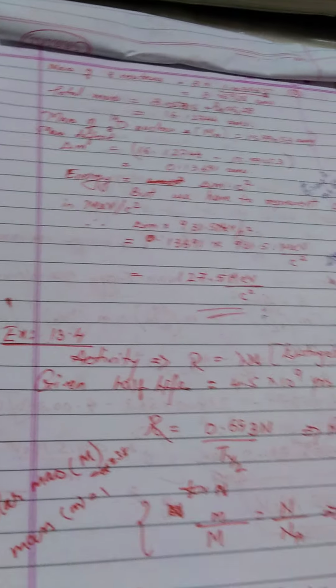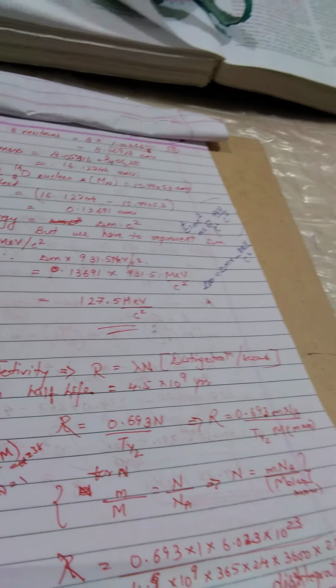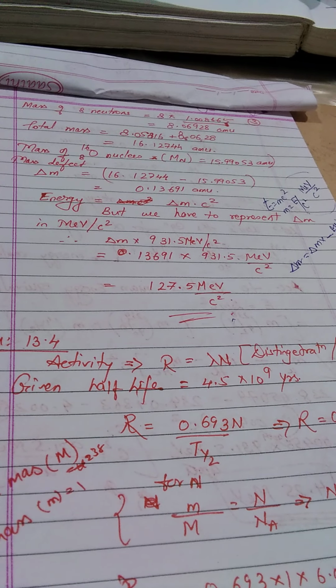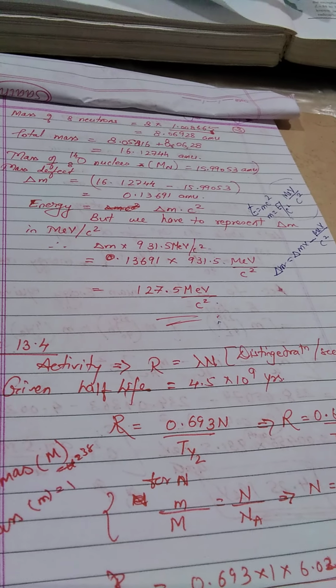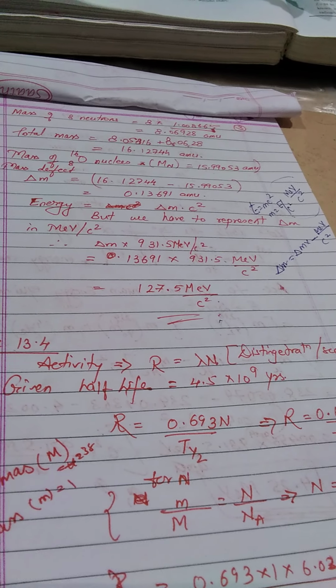Now coming to the next question, that is example 13.4. Here is a question which is related to the half-life. It is given in your NCERT textbook, example 13.4. I am reading the question here. The question states that the half-life of uranium U-238 undergoing alpha decay is 4.5 × 10 to the power 9 years. What is the activity of 1 gram sample of U-238 (92)? When we say activity, it is actually asking us the disintegration taking place per second.